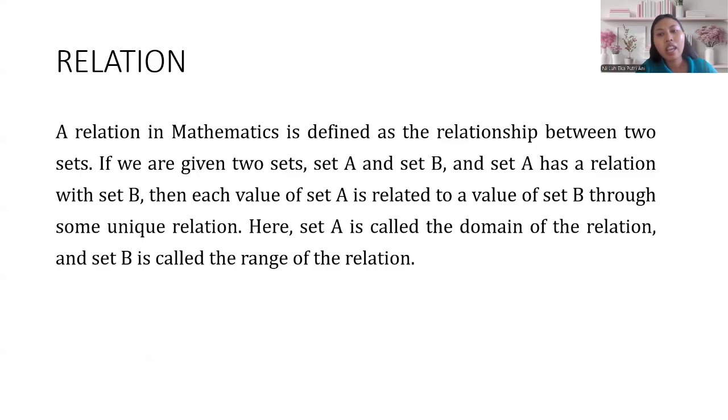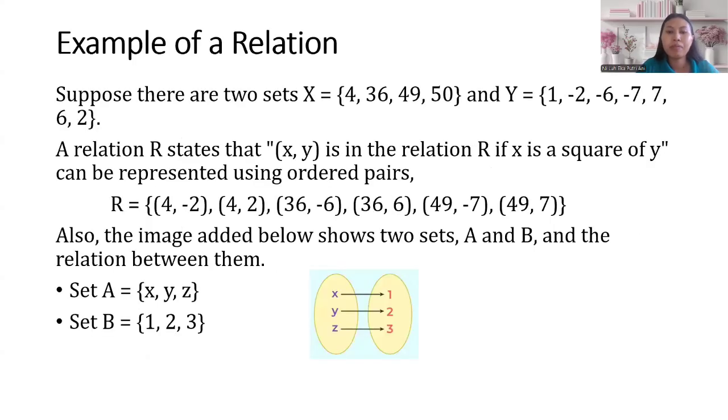Here set A is called the domain of the relation, and set B is called the range of the relation. Okay, example of a relation. Suppose there are two sets. X is the set of 4, 30, 36, 49, and 50. And Y is the set of 1, minus 2, minus 6, minus 7, 7, 6, and 2. And a relation R states that